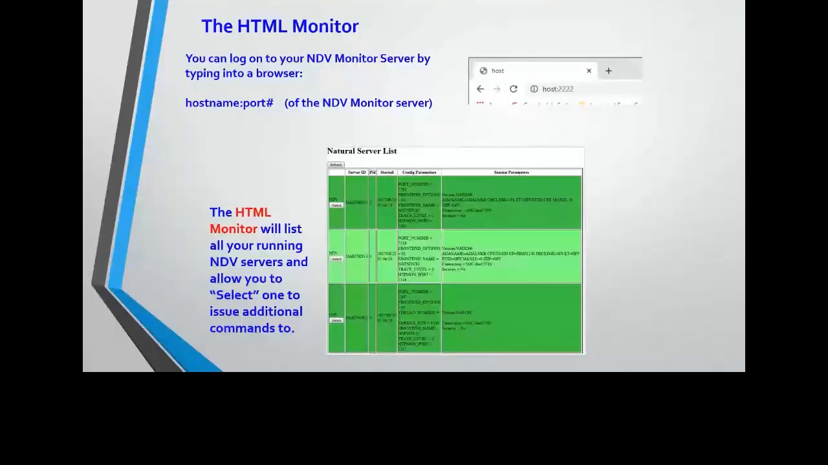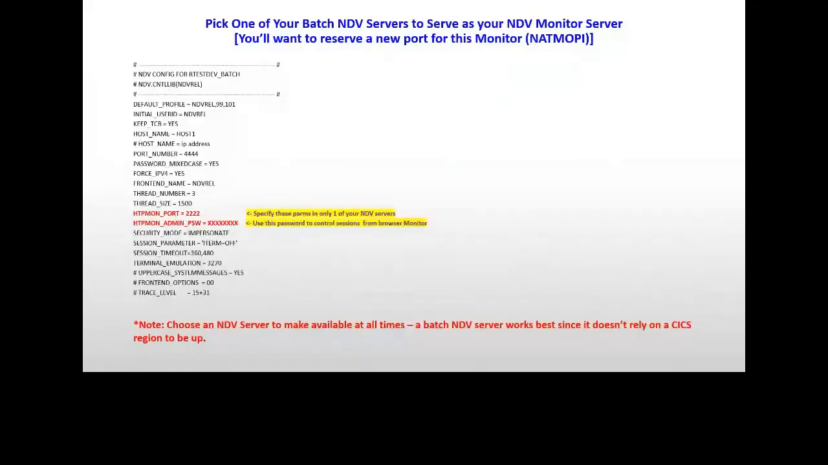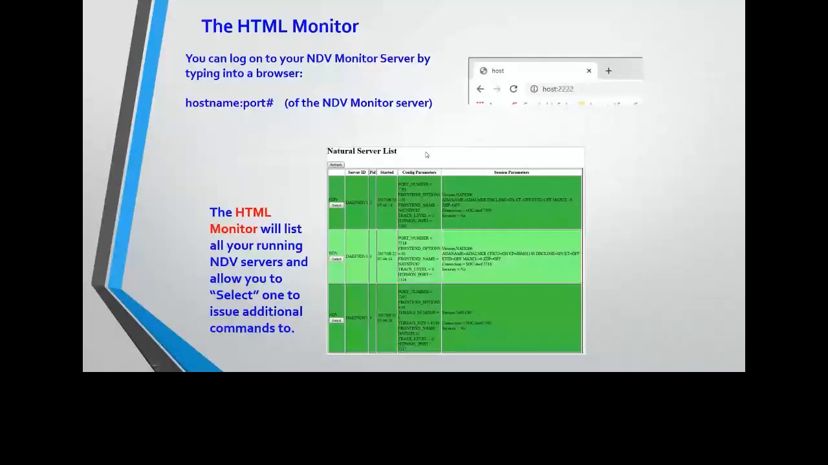Once you define the parameter in one of your NDV servers, you simply go to a browser and type in your mainframe computer's host name, colon, and then the port number that you assigned in that previous screen as your HTTP-MON port equals number. Once you enter that in your browser and hit enter, you're going to see the Natural server list. It shows you all of your NDV servers that are running. So if I need to look at who is running in my development server, I go to my NDV Server Monitor and click on the development server,